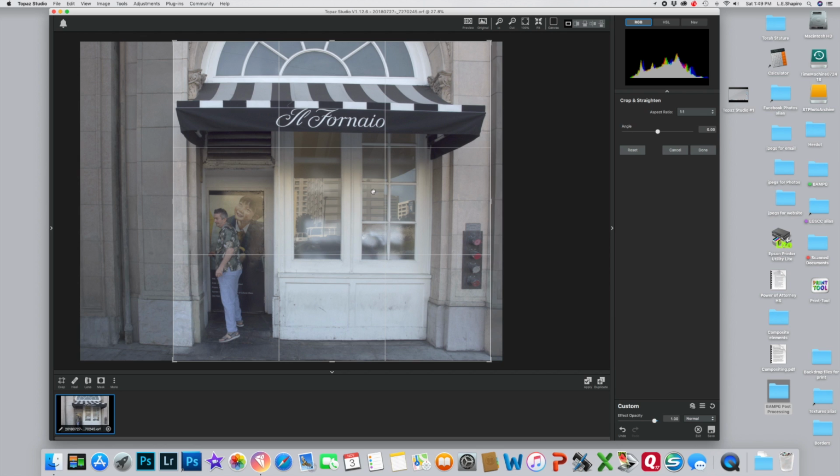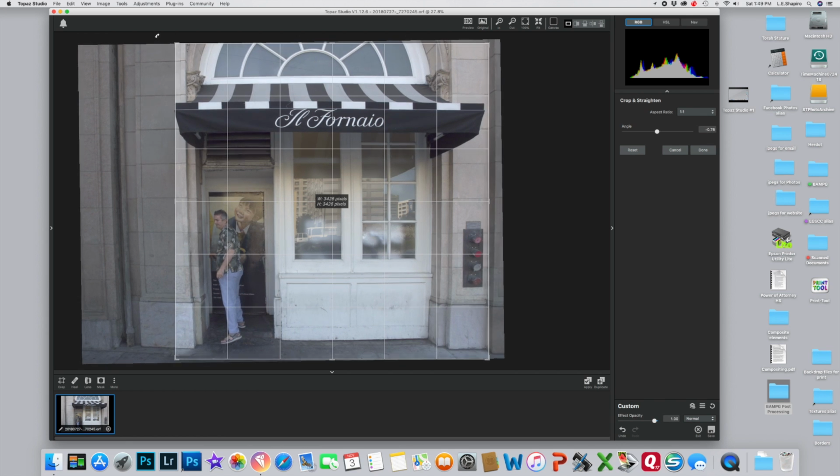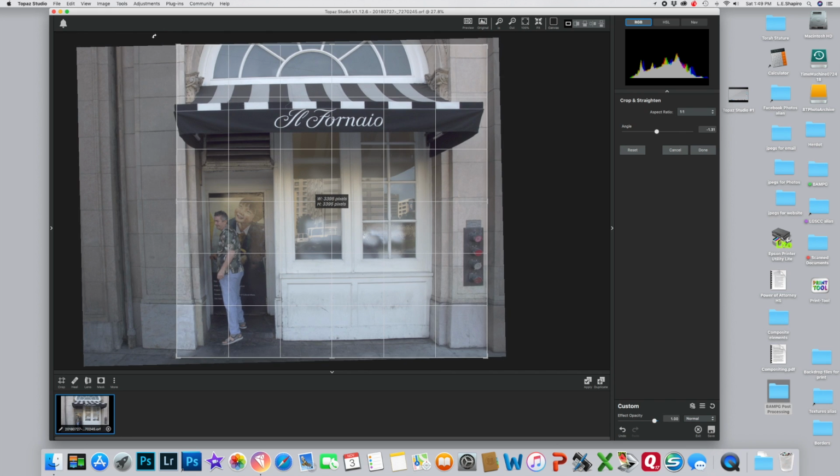I also see this awning here, and it's a little bit sort of off center. So if I just go to the outside and I can sort of move it, and I watch the guideline, and I want to see that the left and the right sides sort of work together. Now, here's the problem with this, is that I really would like to keep both sides of the awning in there, but at 1-to-1 I'm just not going to be able to do it. So I'm going to have to